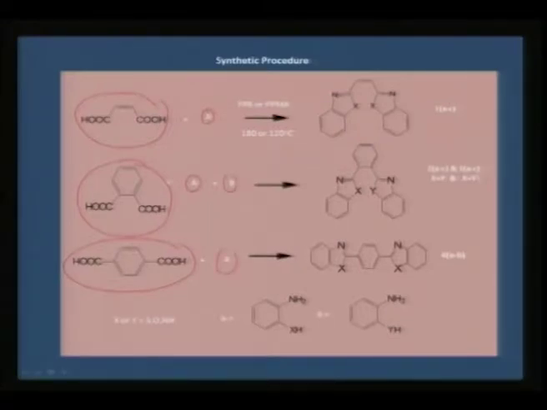Now A, or you can either add this with A or with A and B, or with A. In this case, if it is A, for example, you can actually generate 3 series of compounds based on X. X can be either sulfur or oxygen or nitrogen. Therefore you can call this either as thiazole or oxazole or imidazole. Similarly, we can try to put either one thiazole and one oxazole, or one thiazole and one imidazole.